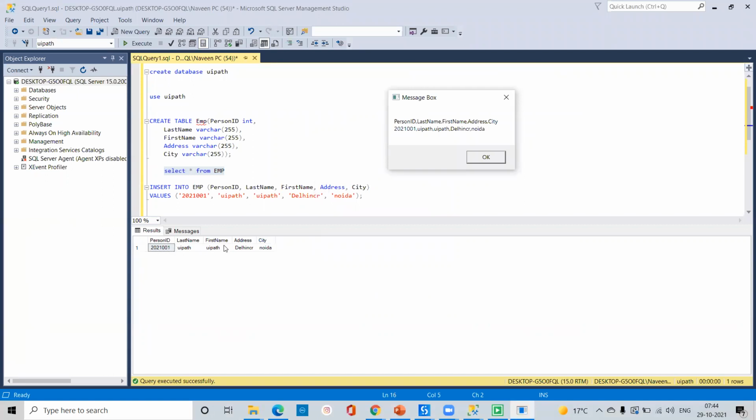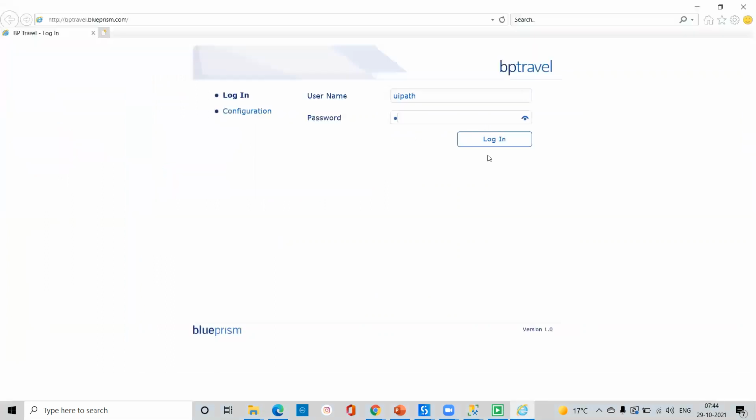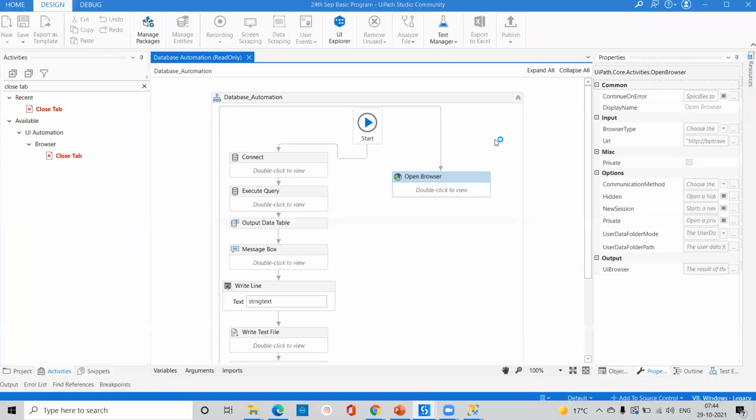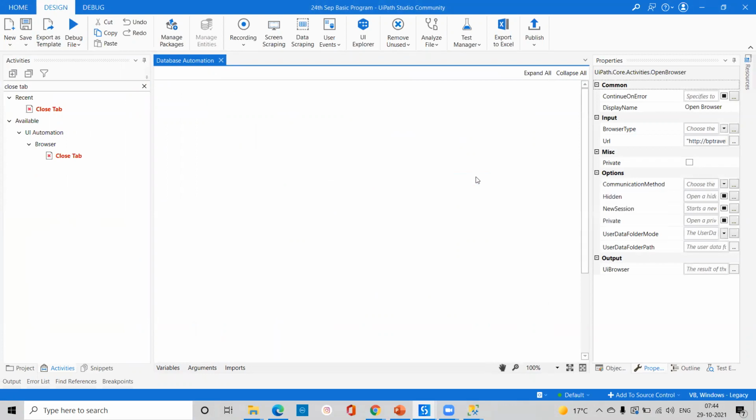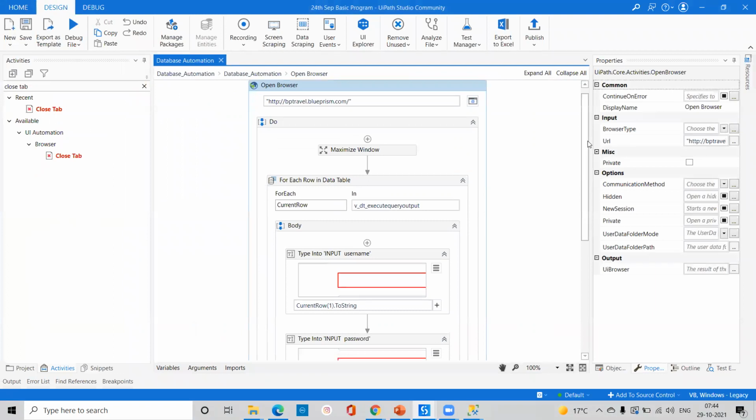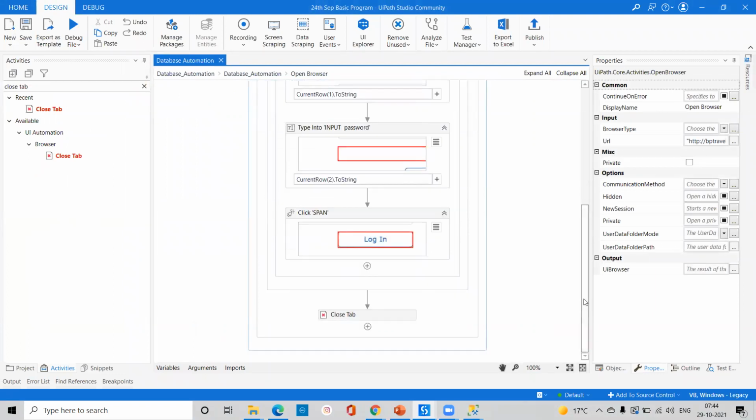So we are able to extract through your message box, and after that we are able to write the data into your Excel sheet, and after that it's going to extract the data from there and it's going to pass into your iBrowser, and it's closed also. Okay, we have already passed this Open Browser, we have already passed this Close Tab, so it's already closed also. Okay, so let me change this output panel again because we have changed the data.